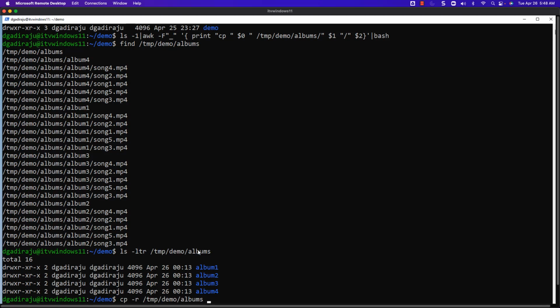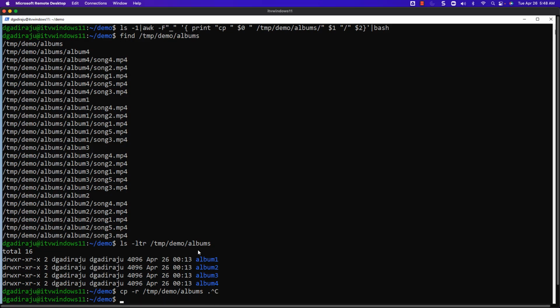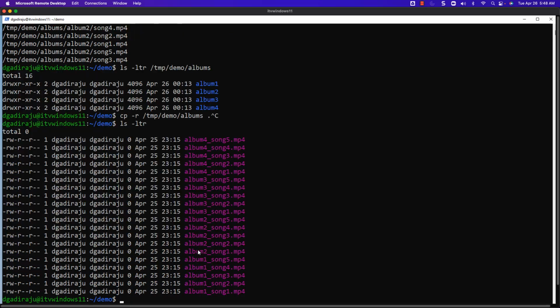Then you can actually specify the target location. Dot represents the present working directory, and hence I am saying dot. So albums folder will be copied to this. So you'll be seeing albums folder in this current folder. Before running it, let me say ls -ltr to see if there is a folder by name albums. You can see that this folder doesn't contain any folders. That being said, now I can say